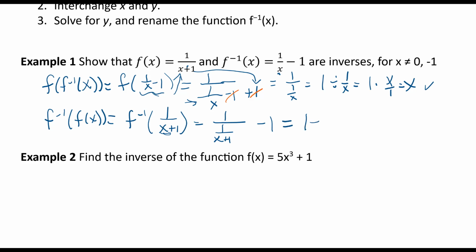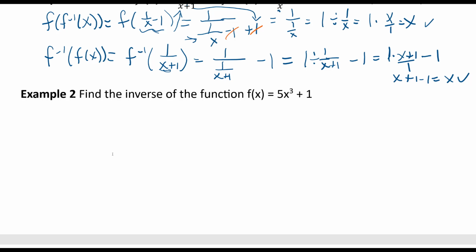So it's like saying 1 divided by 1 over x plus 1, minus 1. Or 1 times x plus 1 over 1, so multiplied by the reciprocal, minus 1. So it's x plus 1 minus 1, which is x. So that works. Now we're going to try to find the inverse of f of x equals 5x cubed plus